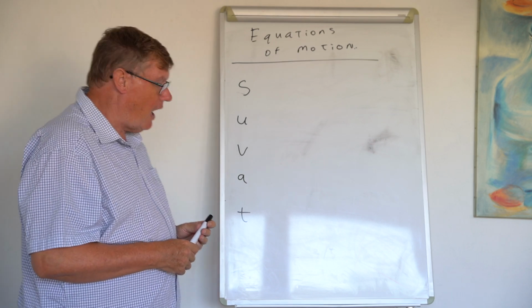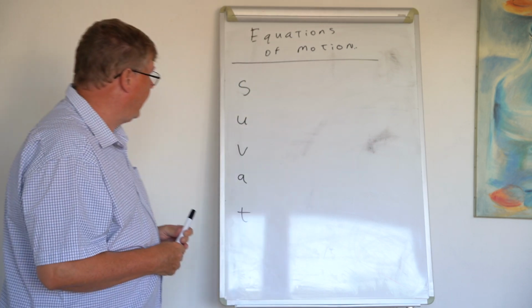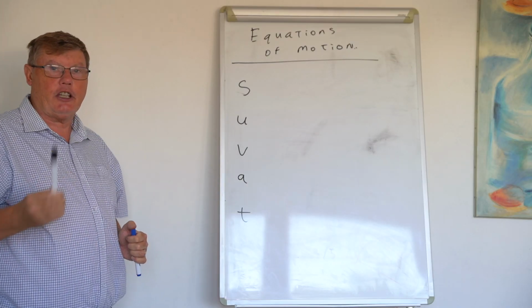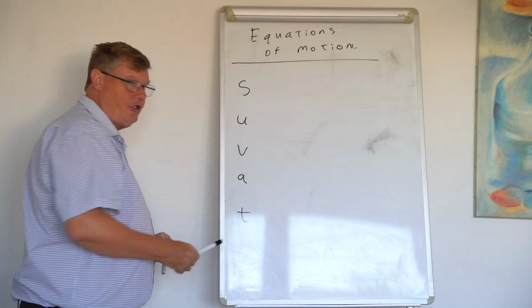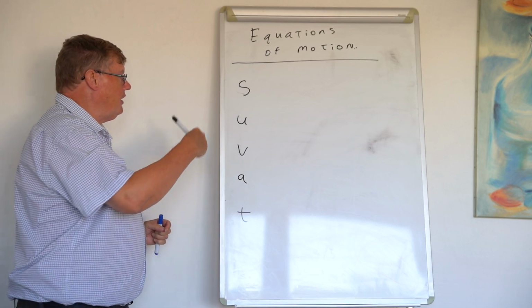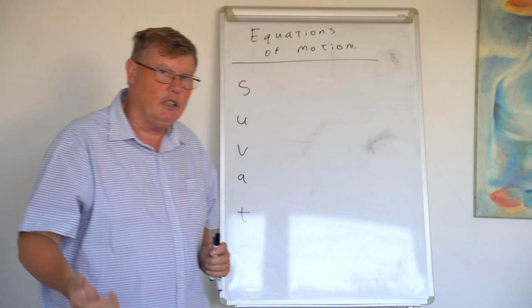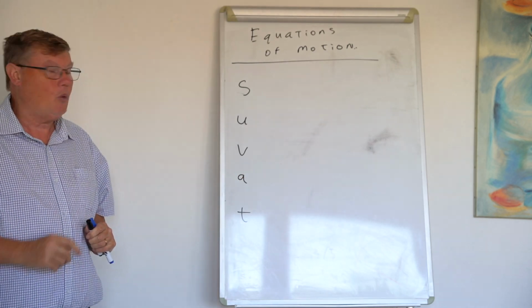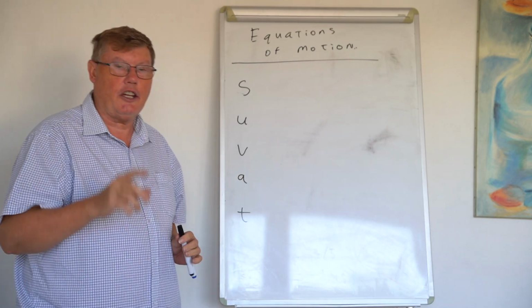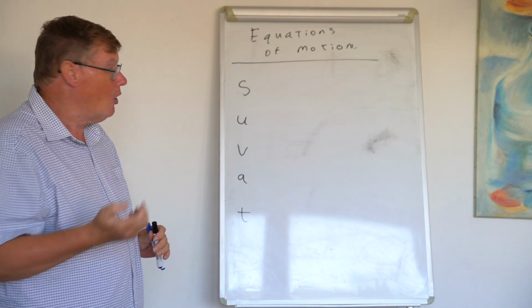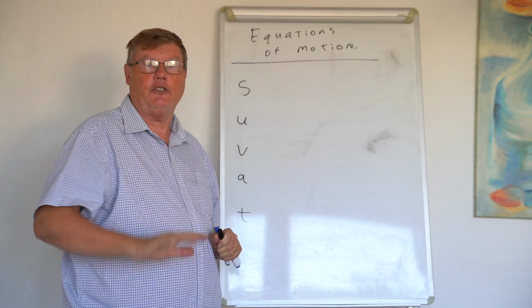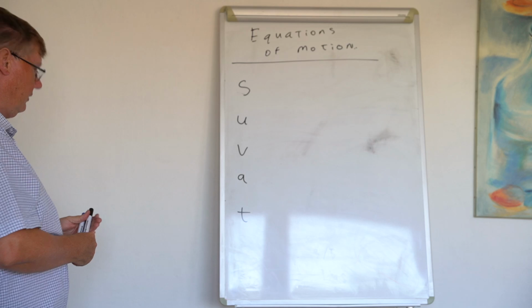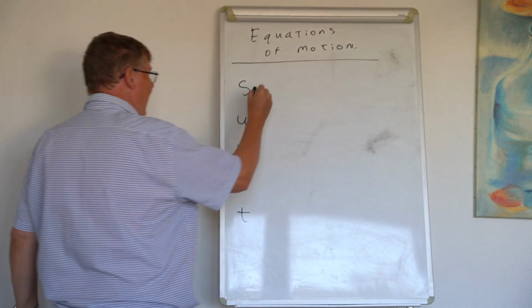There are 5 letters, and together they spell SUVAT, and you've probably heard of SUVAT equations. You have to know what each of the letters represent, and then we are going to derive, either using words or graphs, the equations of motion. We are not going to be deriving one of the equations of motion using mathematics, because I don't do heavy math this early on in the course. Not going to happen. So S stands for